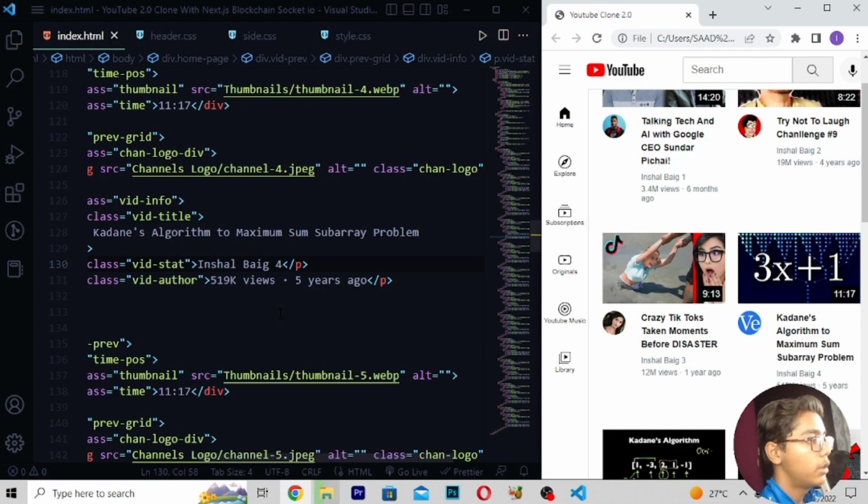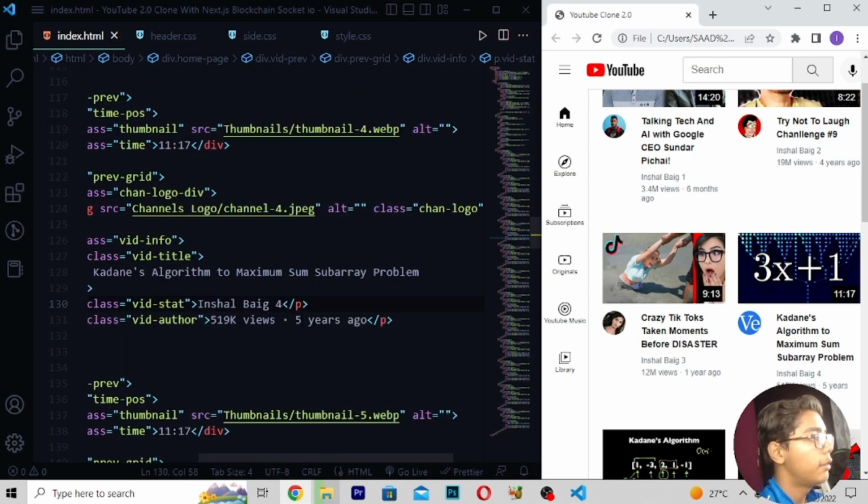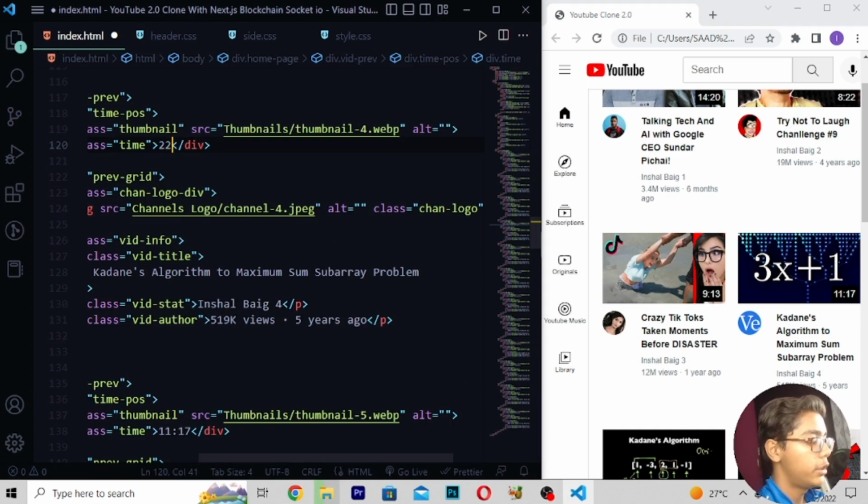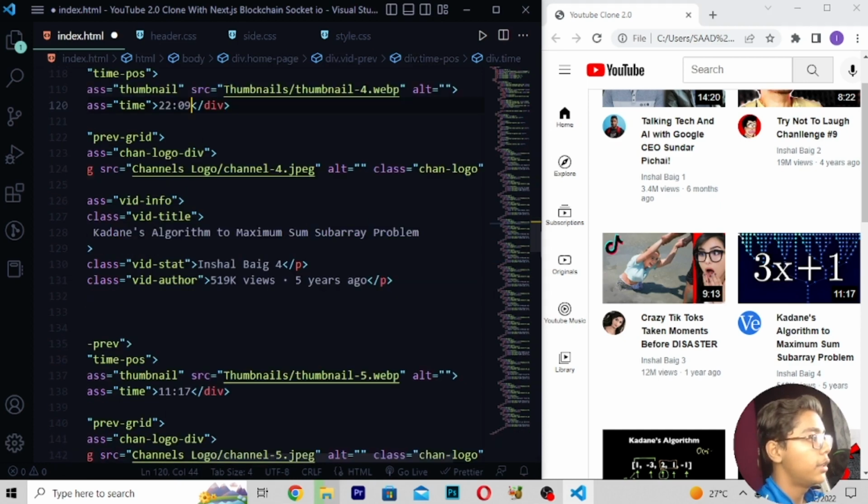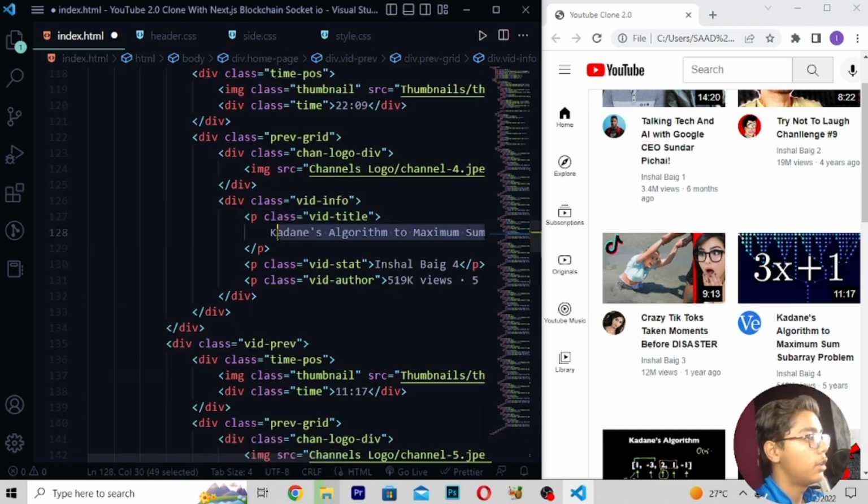So now it is the 4th one, so we have to move till the 4th one here. So the 4th one is this. So in the 4th you have to just do one thing. Here I will be moving, then I will be writing here 2209. Then in this I will be writing, like here I'll be raising this.